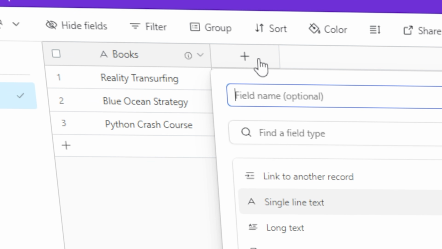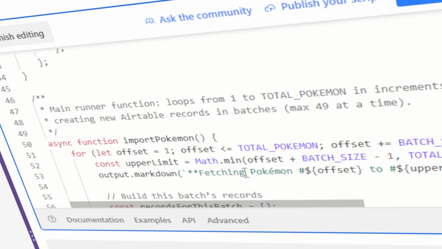Hello and welcome to the ultimate Airtable tutorial for 2025. In today's video, I'm going to teach you everything that you need to know about Airtable so that by the end of this video, you will be an Airtable pro. We're going to start with the basics and we're going to work our way up to the more advanced topics